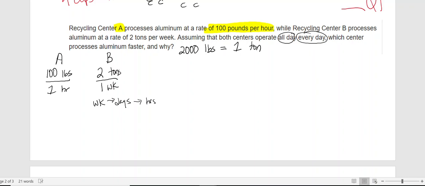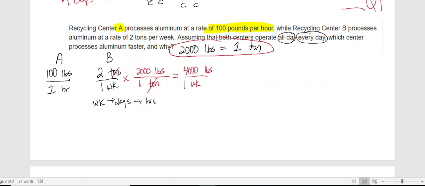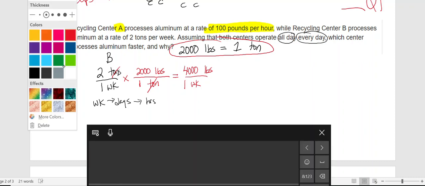So if we're going to use this equivalency to convert tons to pounds, we have to cancel tons. Tons started on the top, so we're going to put tons on the bottom, and then 2,000 pounds on top. So tons cancels that way. So now we can multiply, and we see that 2 times 2,000, there are 4,000 pounds in 1 week. But now we need to go from weeks to hours so that we can convert and compare to A. So if we go from weeks to hours,